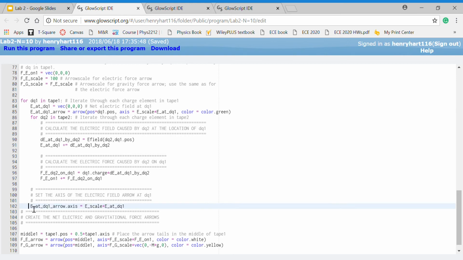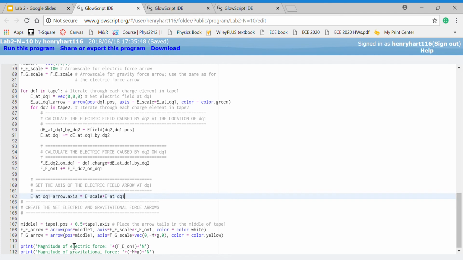So here we create the electric field vectors by taking the sum of each net electric field at each point in tape 1 and multiply by the scale. Down here we create the force vectors for the electric force, which is just the summation we got from our function. And then for the gravity, we know that the y component should be negative mg. So when we run this,